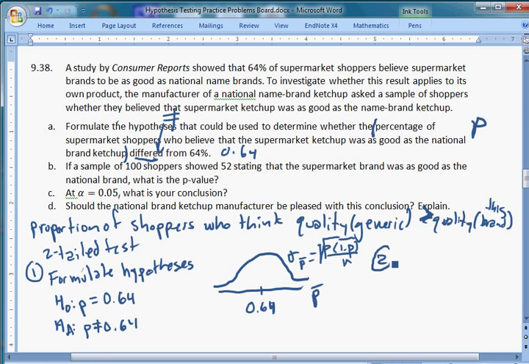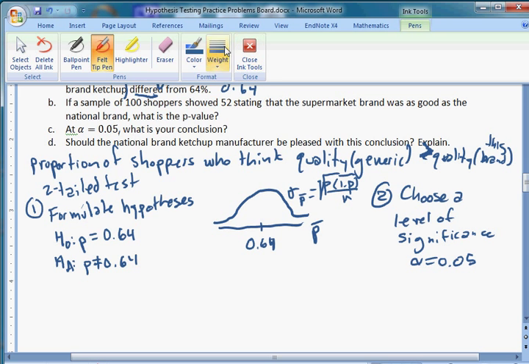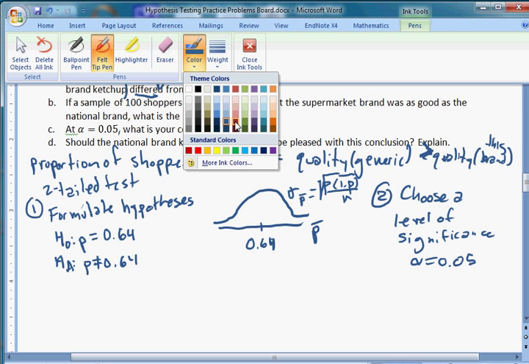Okay, now step 2 is to choose a level of significance. In the way that I do it, we can look to part C for that. Right here, alpha equals 0.05. I like to do that because I think it's intellectually honest to state up front how skeptical you're going to be before you see the numbers. So, step 2 is choose a level of significance. That's done. Let me change colors a little bit. Make it a more polychromatic